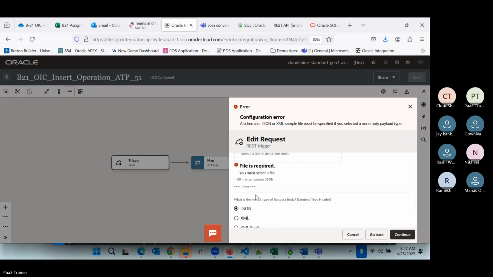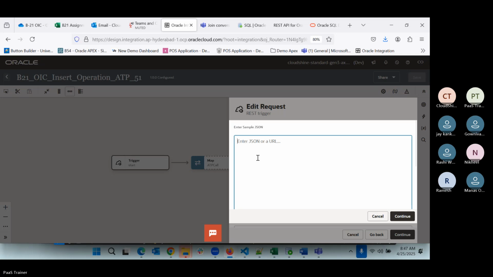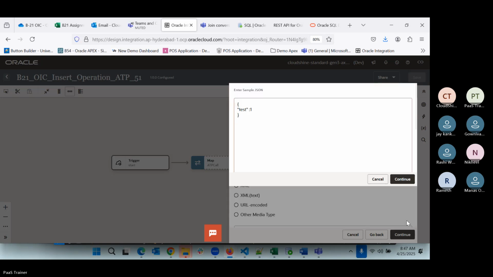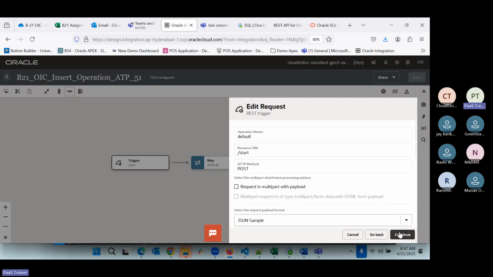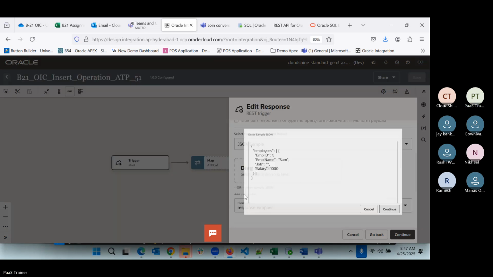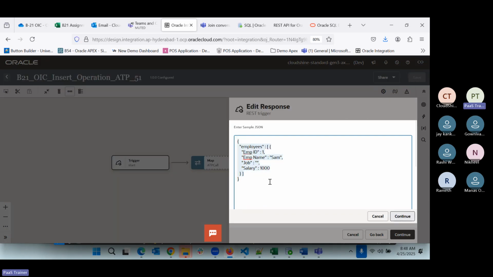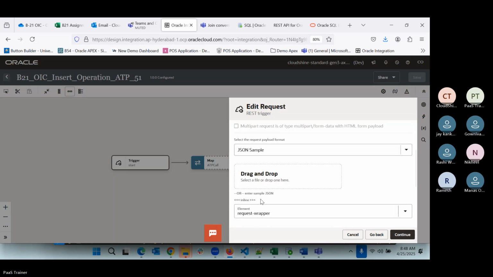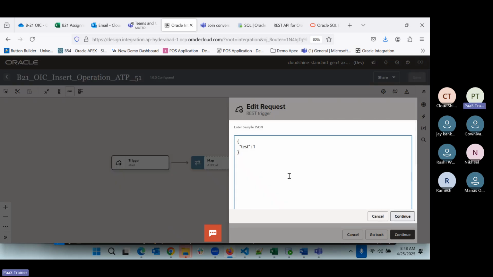So we need to go and put this first. I can put it just as of now, so that I can go to the next step and copy. Continue, continue. And in the response, whatever we have, we can take this one, because all these things we need for our insertion purpose, because we will pass this value and those records need to be inserted. So we can go back and add that response body here. Now we can say continue